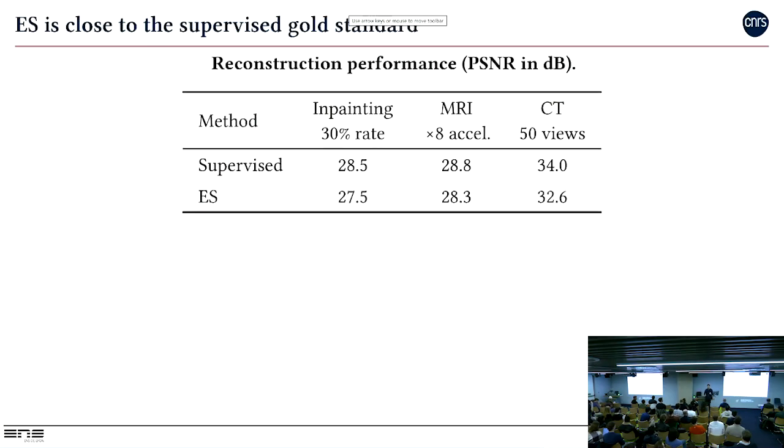So the first thing to check when you do self-supervised learning is how close are you to supervised learning. And we can do this by cheating and taking data sets that have supervised information. Of course, in real life, we would not be able to do this, but at least to check. We did this, and we see that, of course, we lose some performance with respect to supervised because we have strictly less information. But we are very close. We're always on the ballpark of 1 dB below the supervised,